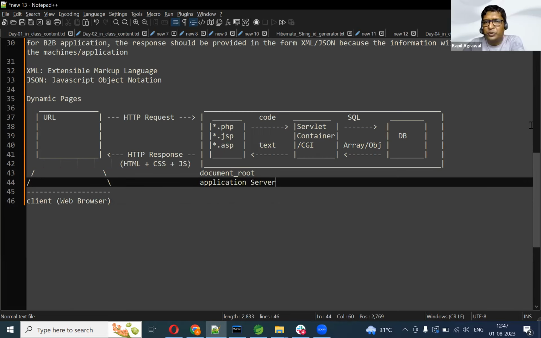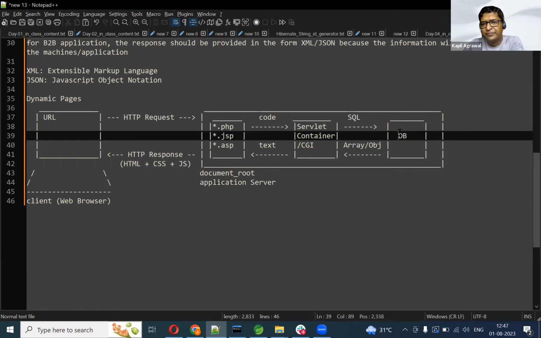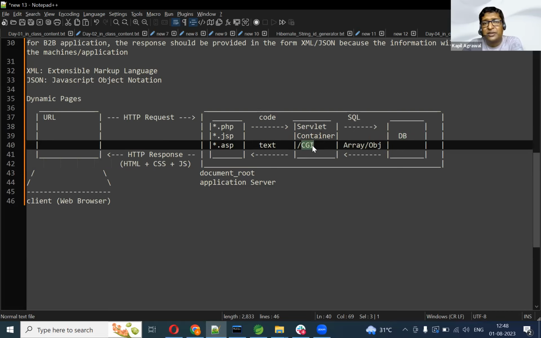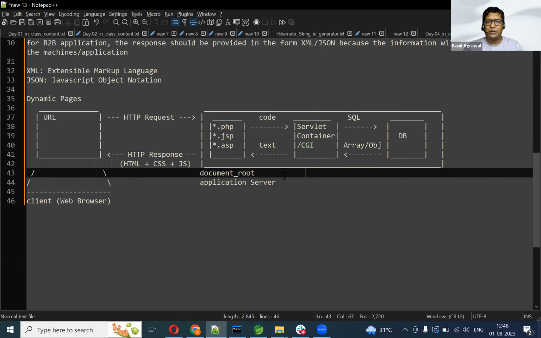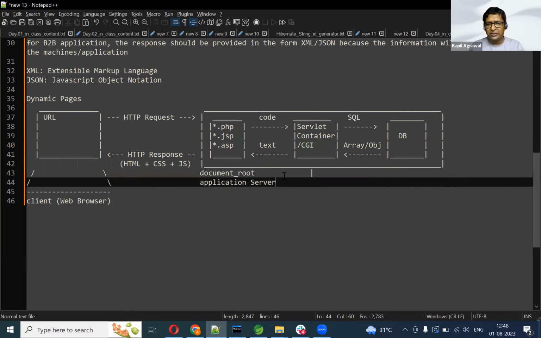still the data is going to come from the database. Yes or no? Still the data is going to come from the database. Ultimately, the data will definitely come from the database no matter where you are. It is getting converted into an array and object. Then your programming language is responsible for converting the same response to text. So I am saying your programming language is capable enough to convert the same thing